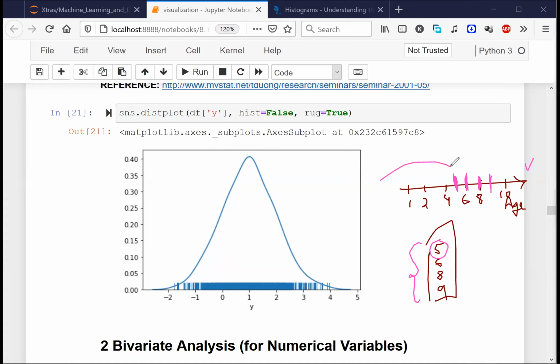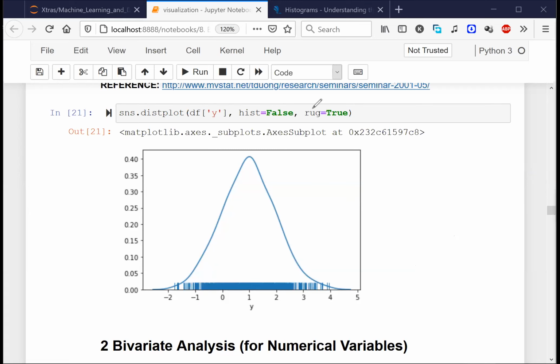Now, do you see this is very similar to this? So this is what is actually happening. There are so many data points here that they are all clustered up, overlapping each other. There are so many data points in this region of -1, 2, 3. I hope now it makes sense what happens with rug equal to true. Is it clear to everyone?